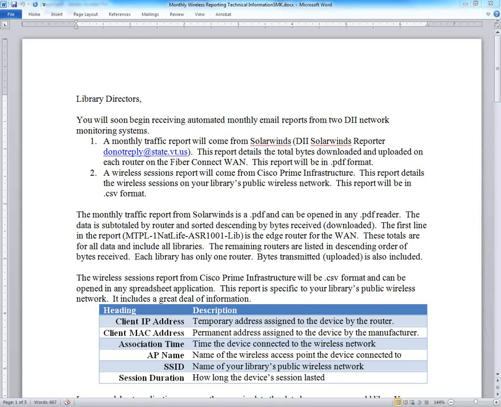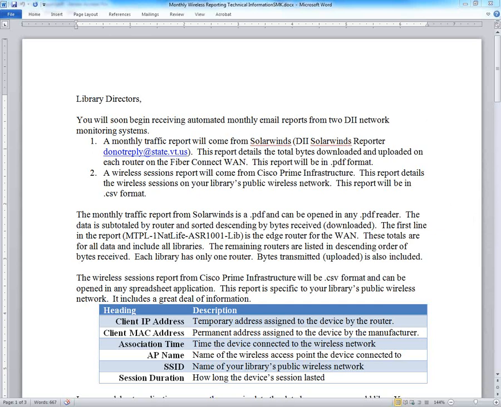If everyone who is here but did not receive either one or both of those reports, would you please be sure to reply to that message that I sent you telling me which report you did not receive, so I can follow up and find out where they may have gone astray.